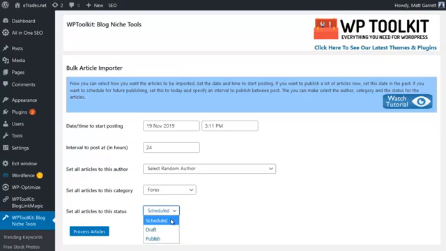So down the bottom here you have the choice of whether it's scheduled, draft, or publish straight away. So if you go into draft, they will be sat there in draft. You can play around with them and post them manually when you want to. Scheduled will actually post them for you on the time basis that you prefer. So one every 24 hours, one every 36 hours, one every 5 hours, whatever you want it to be set